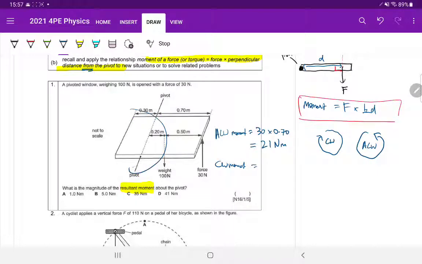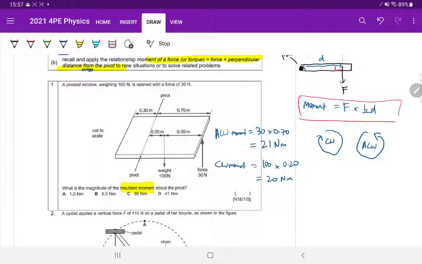Okay, so this is a clockwise moment, can you see? So it's about the pivot this way. So this will be 100 newtons times, what's the perpendicular distance? The distance from the line of action of the force to the pivot is 0.2 meters. So note that the distance is always between the force that you're looking at and the pivot. So between the force and the pivot that you're looking at, 0.20, this will give me